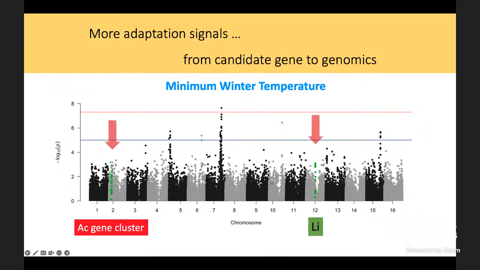Here are the AC and LI genes. You can see they do stand out as a signal, but there are much stronger ones than that. So my next step is to find what those significant strong peaks are, and how and why they are related to